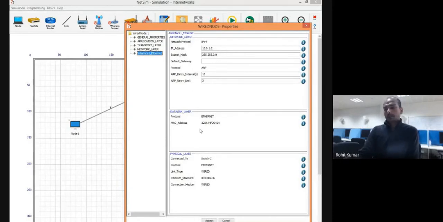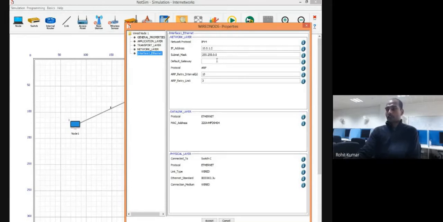But in this particular simulation environment, we assume that the MAC address is fixed. That's why you can see here that the MAC address box is not a text box, but the IP address box is a text box. So you can click here and change it. I set the default option, that is 1.2. If you want a different net mask, you can put it in here. Right now we are using a 16-bit net mask.